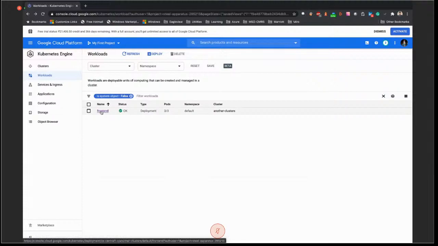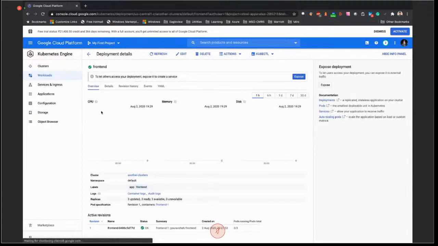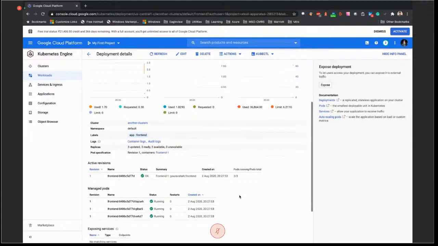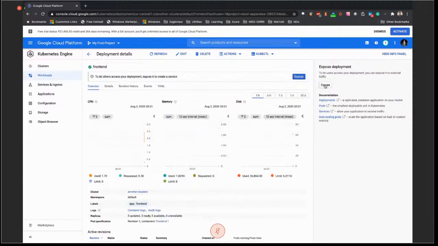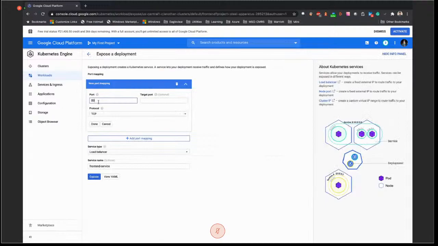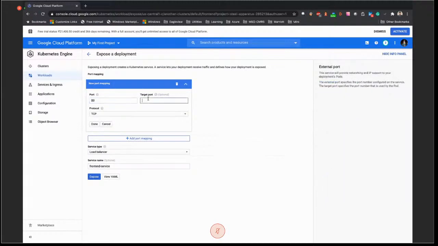Now, for any deployment that is going to happen, we are allowed to make this deployment available to the external users, right? So this deployment that we have created, we have a port 80 and then a target port. I think I haven't tried, but I'll put a guess on 8079.